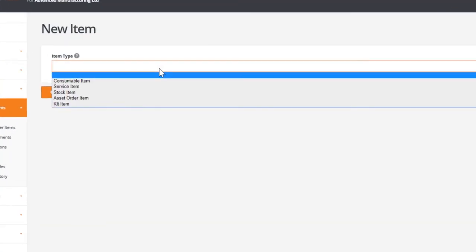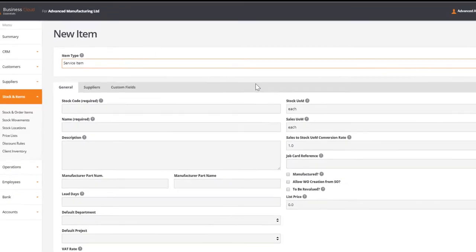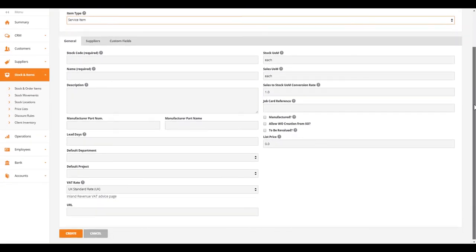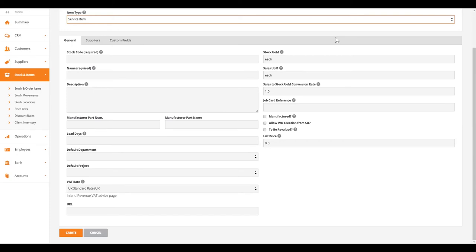Service items in BCE are used when any services are either sold or purchased by the business for resale. This could be things like installation or delivery, for example. When adding a service item to the system, there are a few key areas to fill in on the actual